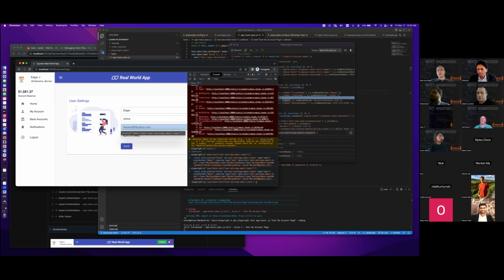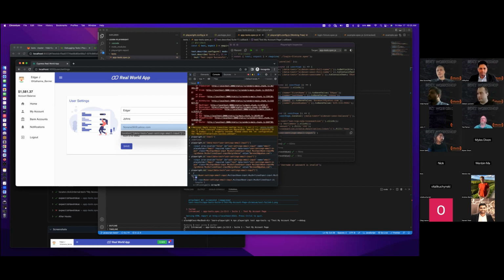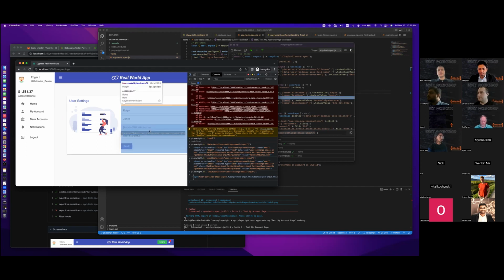But what if I suspect there may be a couple of elements related to this locator? I can do double $ and click, and then it returns an array with only one element, because it relates to a single element. But let's say we want to see how it returns an array of elements.